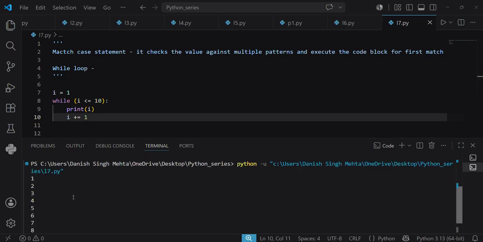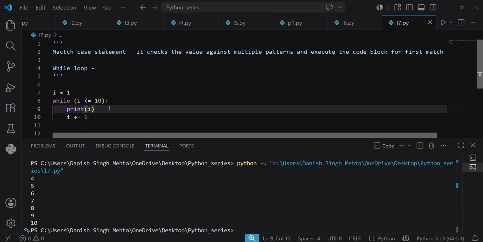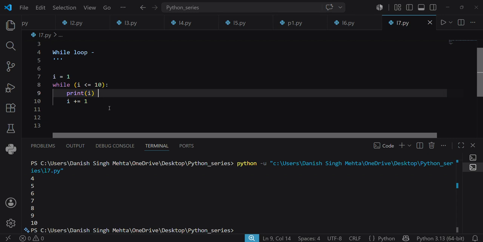See, 1, 2, 3, 4, 5, 6, 7, 8, 9, 10. How is it done? Because I have now printed I itself. I is here 1. Yes, I is less than 10, so it gets true. Then I gets printed. Then again I have updated the value of I. And it will run till I got 10 and I's value got till